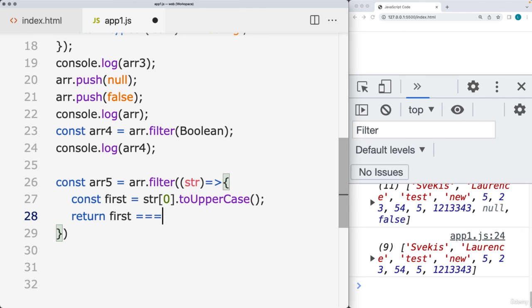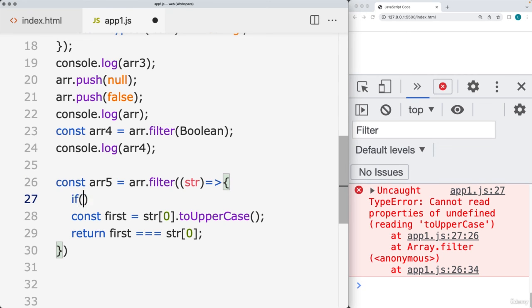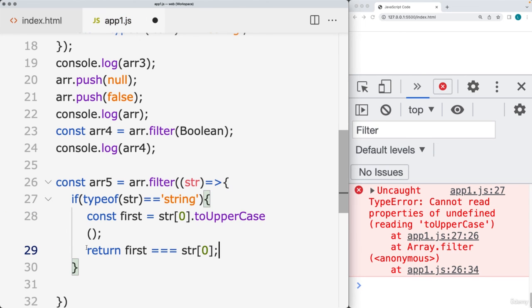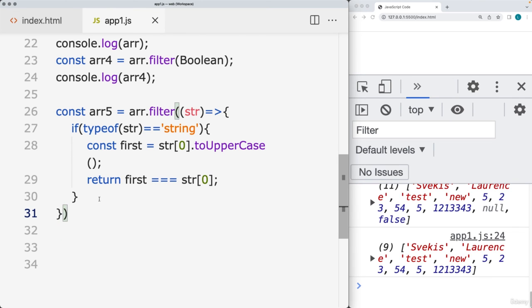So we check to see if first is going to be equal to the string with the first character in the string. And we're going to throw an error here because these are not all the same data types. So before we do this, we want to make sure to see if the typeof is equal to string. And if it is, then at this point we can do an uppercase and return it only if it's a string, and otherwise we don't have a return on it. So that will automatically filter